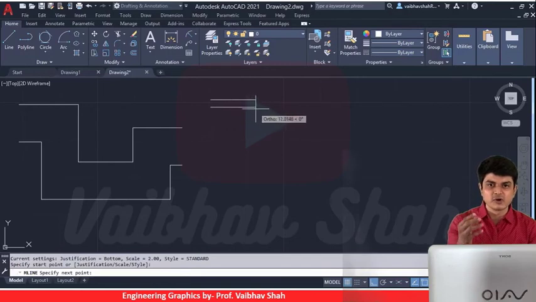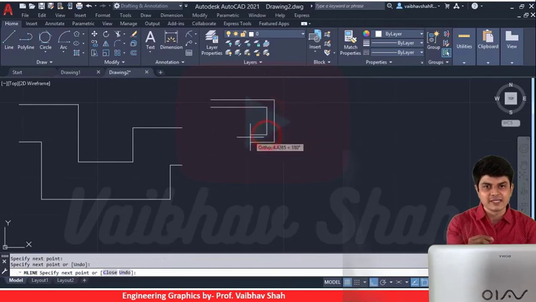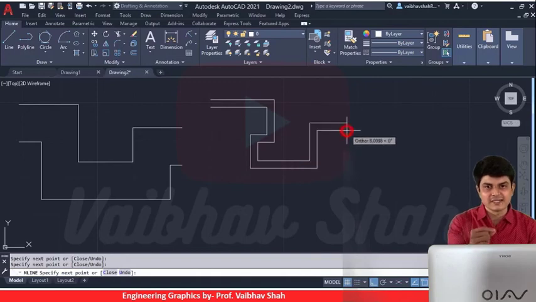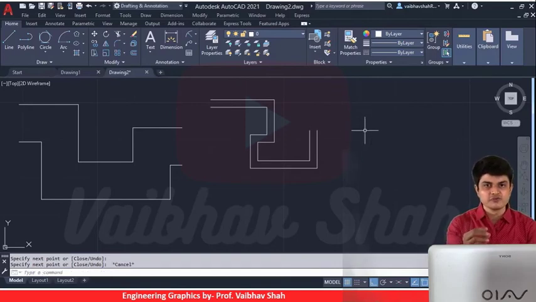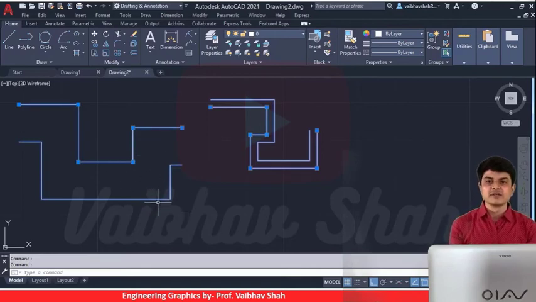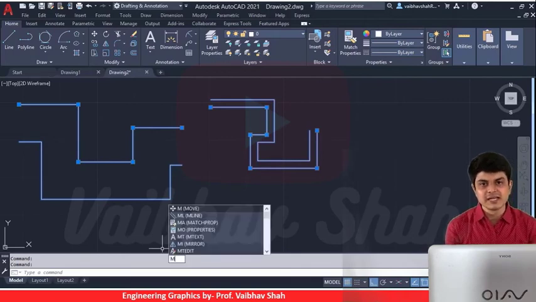As you can see, our cursor is on the bottom line. That means our original line is the bottom line, and it is automatically giving us a line parallel to this bottom line, which is a top line. So this is nothing but your bottom justification. The bottom line is the original line, and the top line is the automatically drawn parallel line. This is how your multi-line concept works. It is very useful in order to draw your plan layouts in civil engineering. So with bottom justification, you will have the original line as the bottom line, and with top justification, your top line is the original line and the other line is the automatically generated parallel line. So this is how multi-line works.